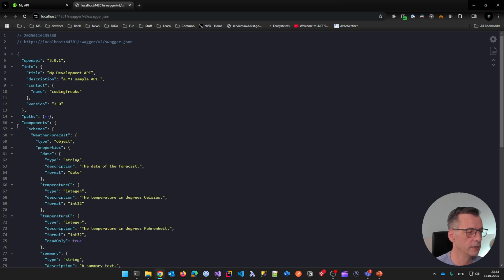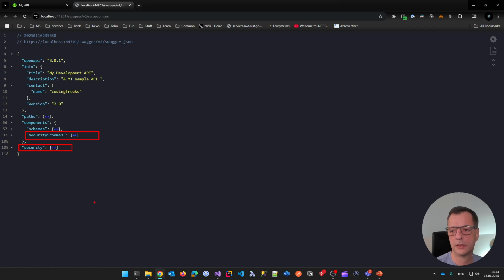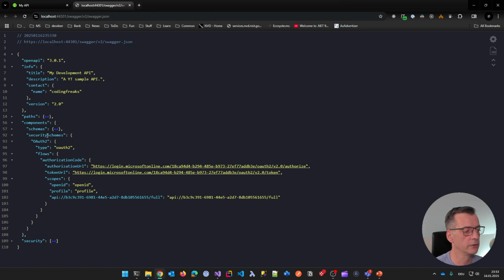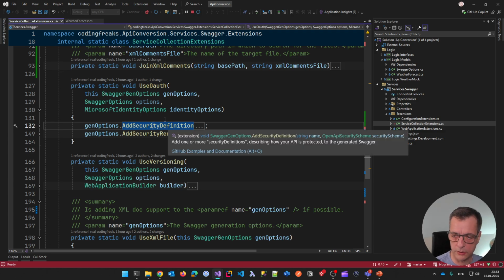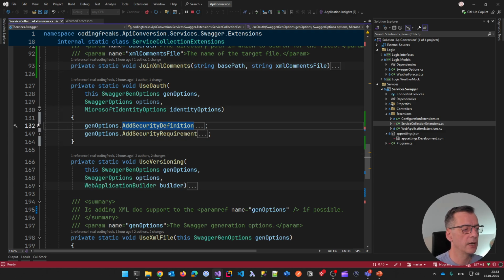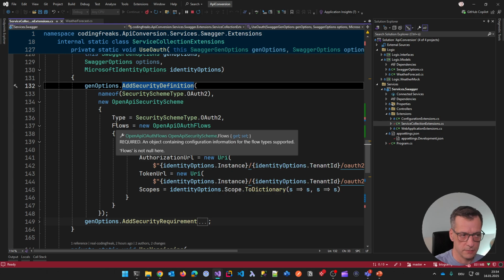And let me go here and let me show you. We are now talking about this and that. Okay, this is what we need to generate. So first of all, we need to generate the so-called security scheme. This is not called scheme, it's called definition. And what it says is, you can create as many security schemes, aka definitions, as you are going to provide